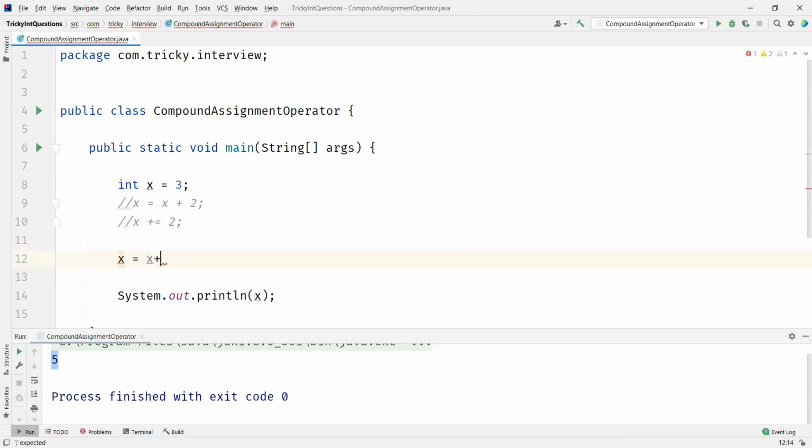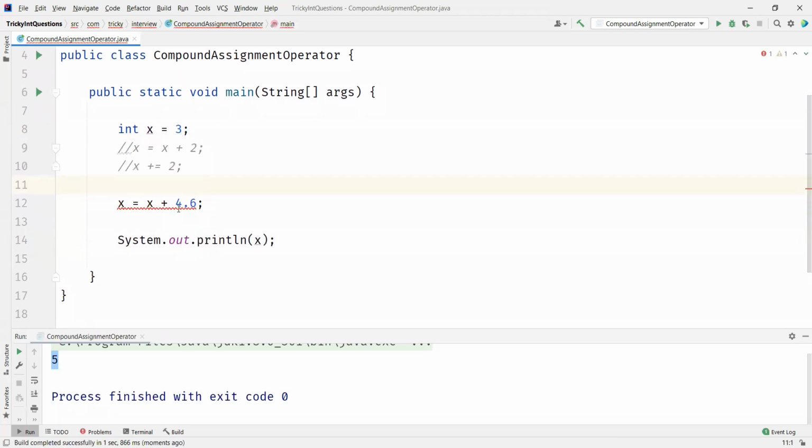I'm going to add a double value to x now. And you can see a compilation error, and it says that the required type is integer but provided is double. So we are trying to add a double value to it. In Java, we know that there is an implicit conversion from a lower data type to a higher data type, but vice versa is not true. As there could be some loss of data, it needs the explicit casting. So how do we resolve this compilation error? We just need to cast this into integer.